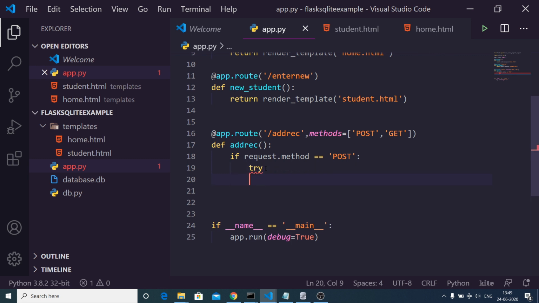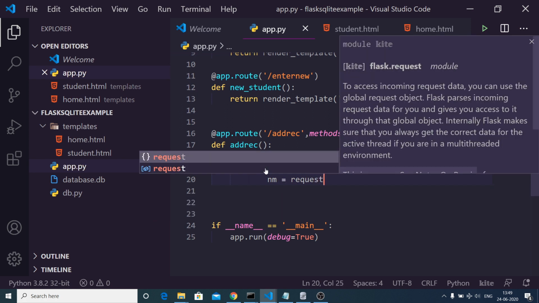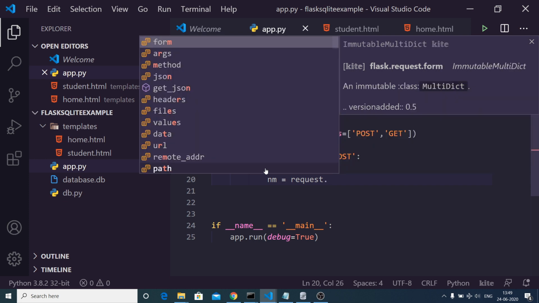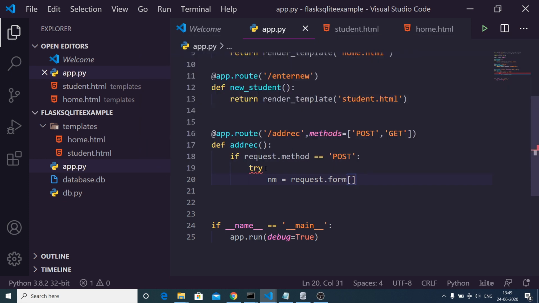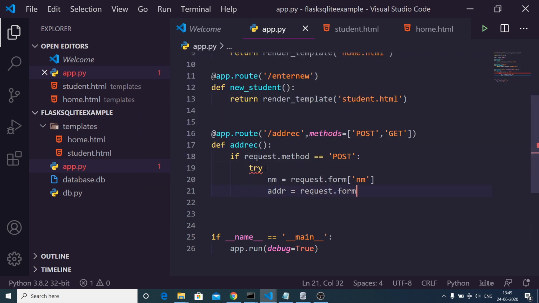Here we will get the entries which the user has typed. So first of all we will get the name like this, request module. We will use request.form, and inside this first of all we will get the name. Secondly we will get the address, request.form add.